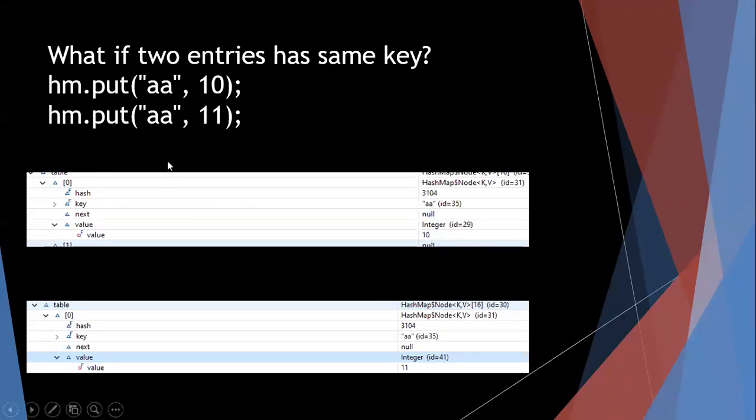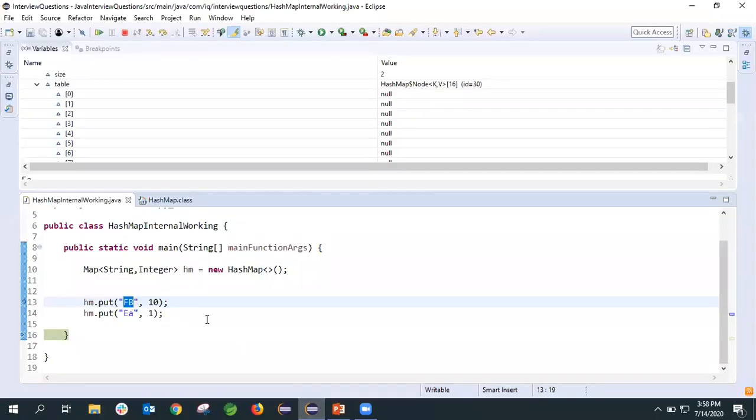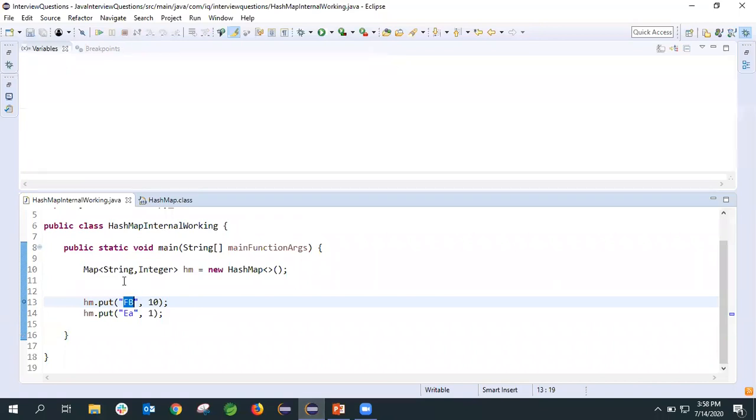Initially it was 10, and after inserting this, if it finds the same key, then the value 11 got updated. Now let's understand. We'll give AA and AA, with 101 and 121.